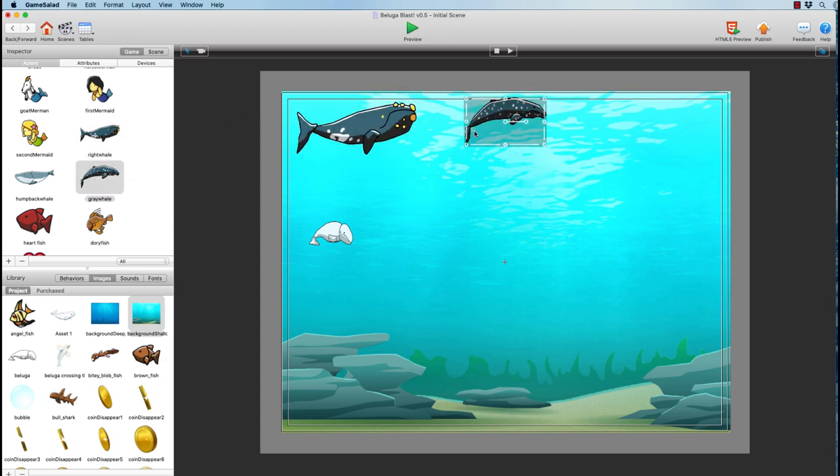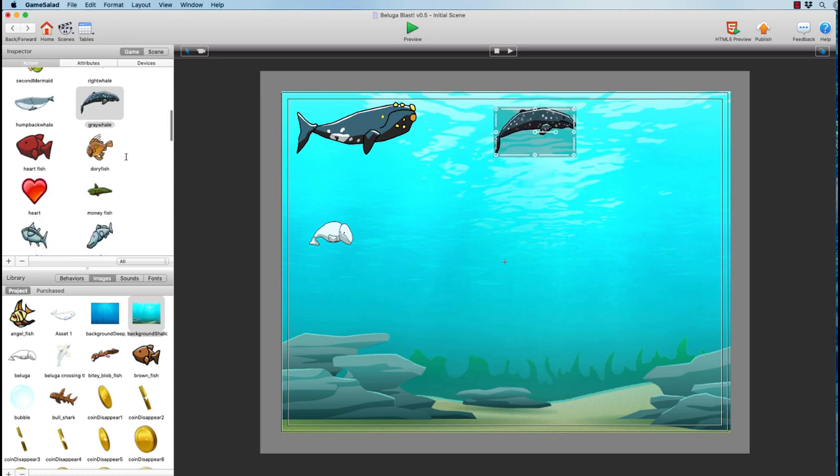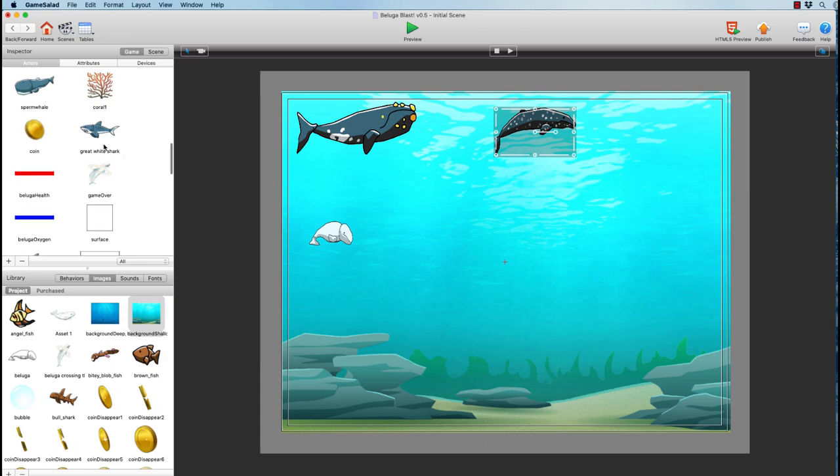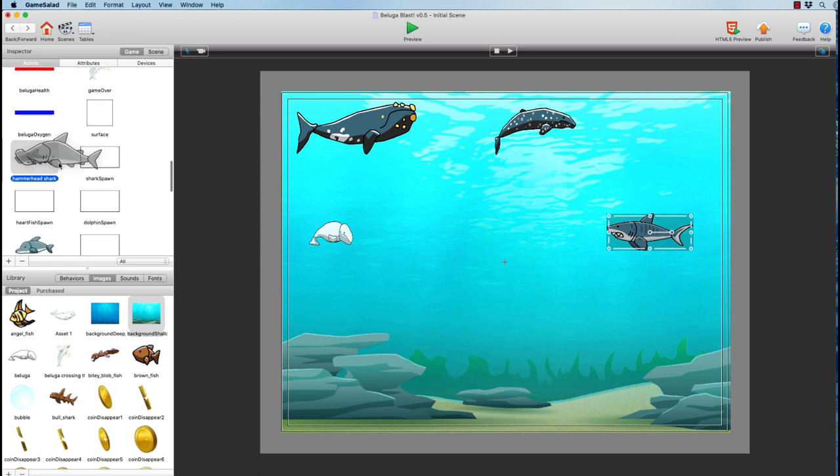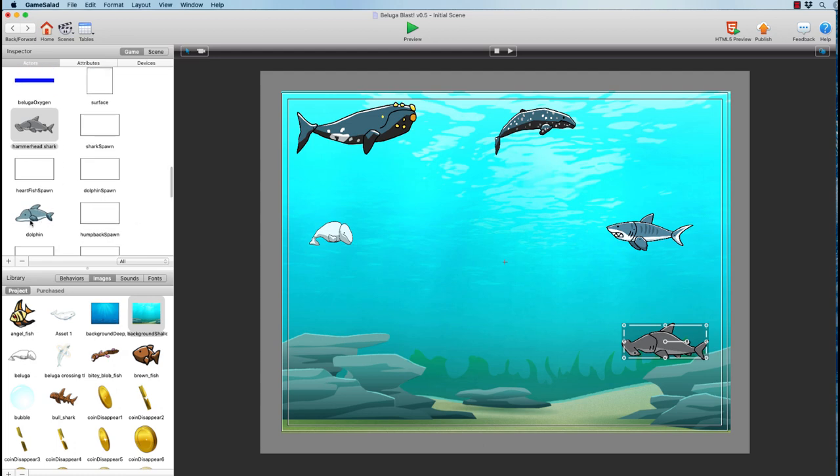Let's add in a gray whale also over here. We created some sharks. So let's add in a shark. There's a great white facing off against our beluga whale. And a hammerhead down lower. And then here's a dolphin.